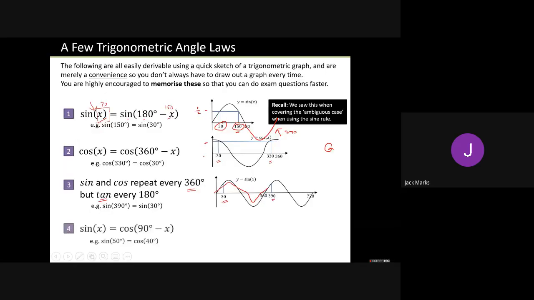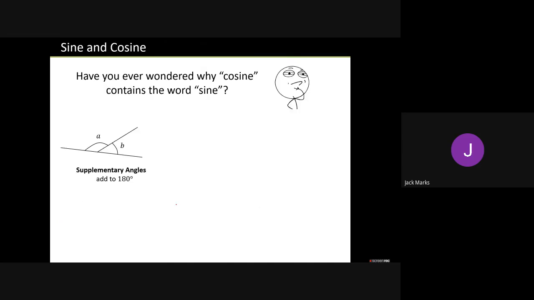Okay, and finally, this one doesn't come up an awful lot, but there is the rule that sine of x is equal to cos of 90 minus x, and this is all to do with what cosine actually means. Cosine means that it complements sine; it goes along with sine. So if we look at the next slide,